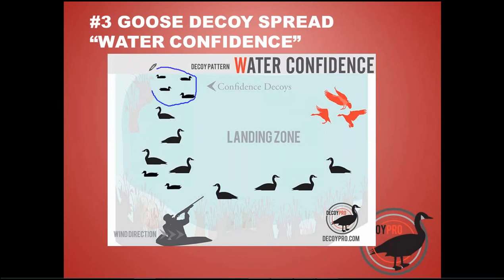Here, what I typically do is throw them out in different groups of anywhere from 2 to 4 to 6, and just do them on the edges. In this example I've got ducks, so I will keep them in their own little group, sort of, but certainly mixed in with the spread overall. Even adding a half a dozen of them, like I do in this example here, can be highly effective. And with this diagram here, we've got our wind blowing from left to right,